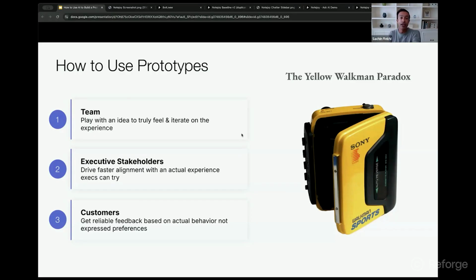And so that's the notion here: if we only put static mockups in front of our customers, all we're getting is expressed preferences. If we put in front of them a prototype that they can actually use and feel, that they can come back to, and we can see if they're coming back, we can now start measuring actual behavior, which helps us validate far better than a static mockup world. And so prototypes end up being a huge value for customer validation, more so than what we're doing with static mockups. Okay, great.